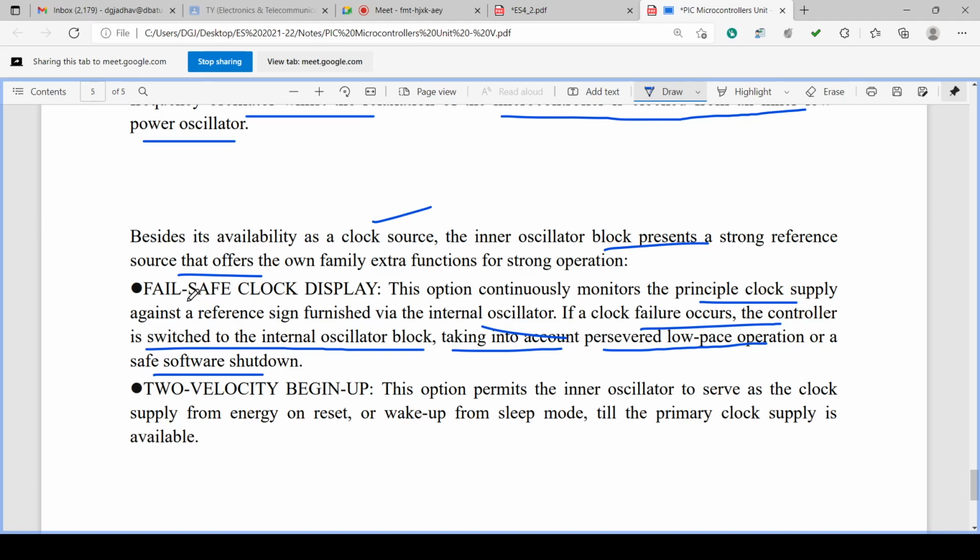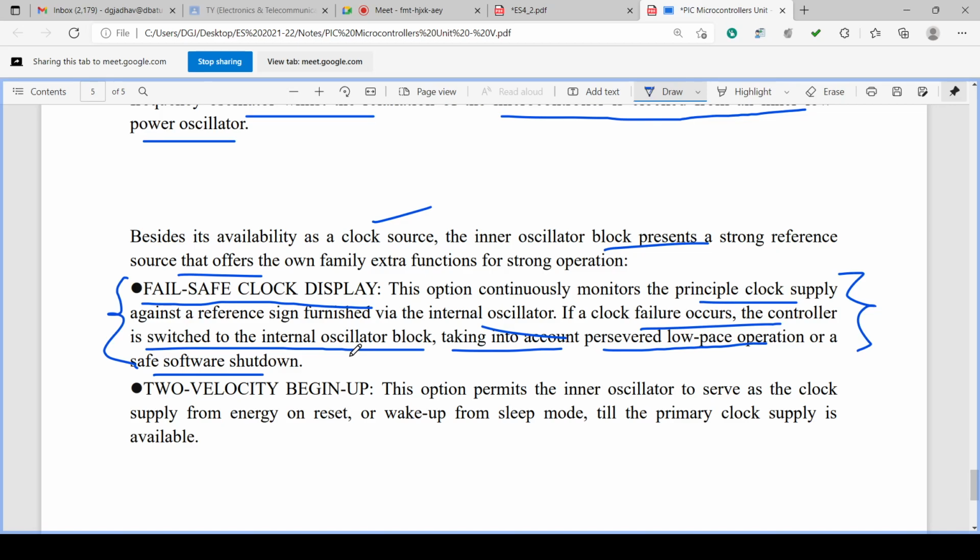This is called fail-safe clock monitor. Fail safe. If the system fails, then it is safely shut down. How is the safe shutdown done? Because all the variables are saved into memory and then it is shut down.